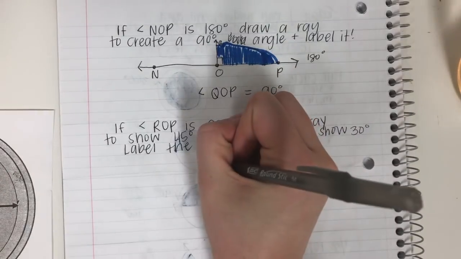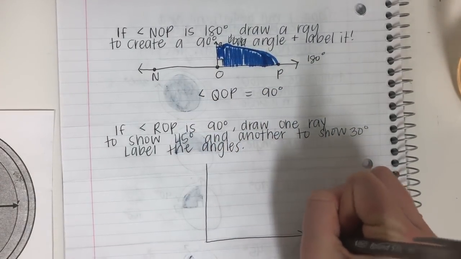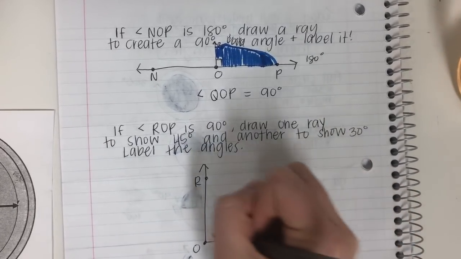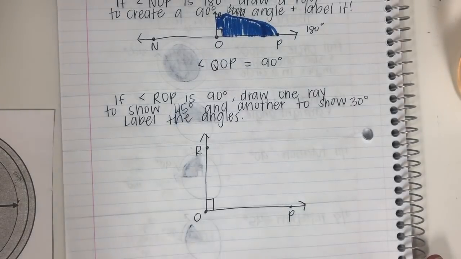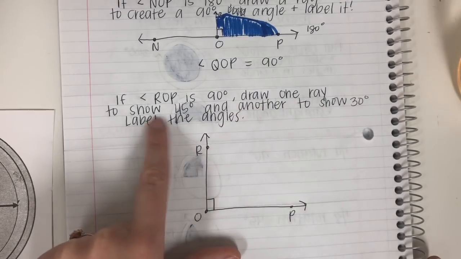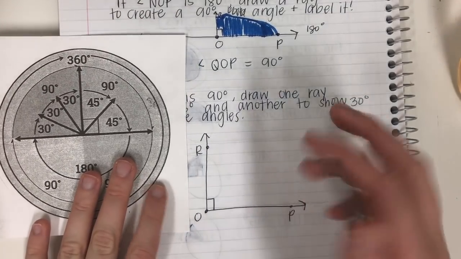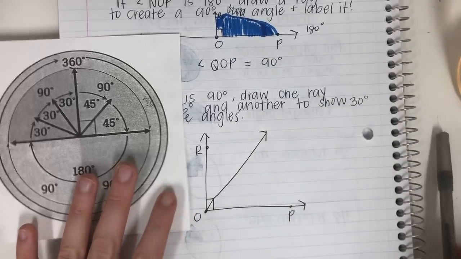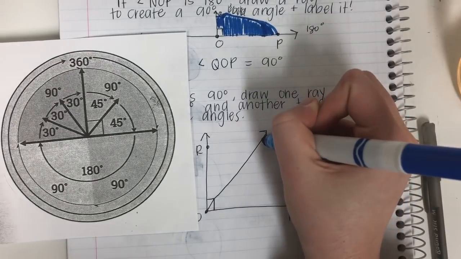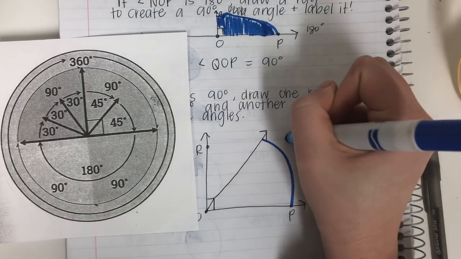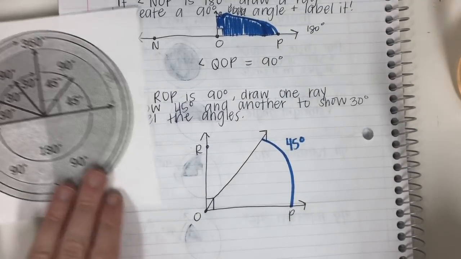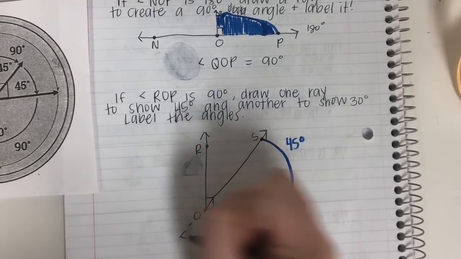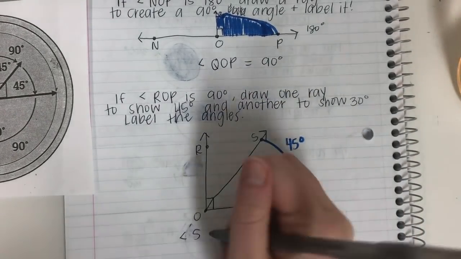Okay, so I know that my angle is going to look like this. R, O is my middle letter, P, okay? This is 90 degrees, right? It is 1/4 of the circle. So they want us to draw one ray to show 45. So I'm gonna look at my sheet. 45 is half of 90. So this is a ray. A ray has one end point and one going out forever, okay? So here's my 45-degree angle. And let's label it S. And you can label it whatever letter you want, it doesn't matter. So angle SOP